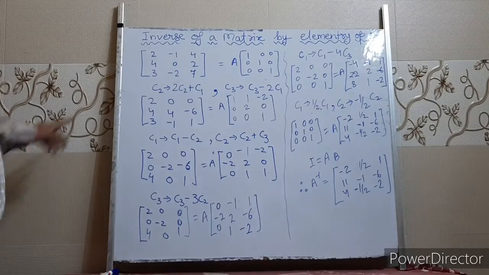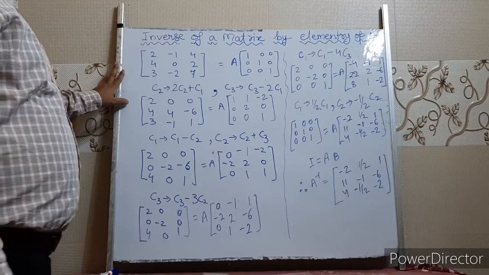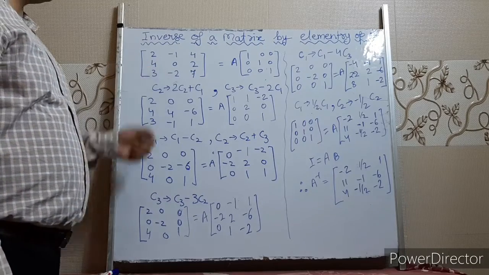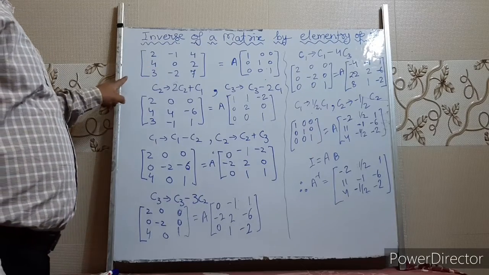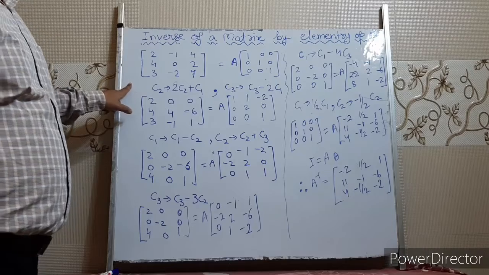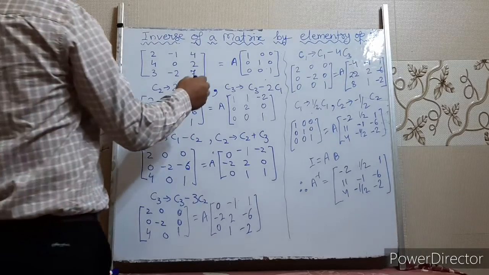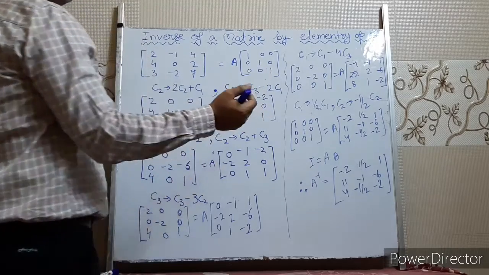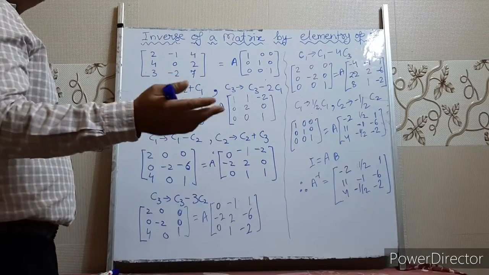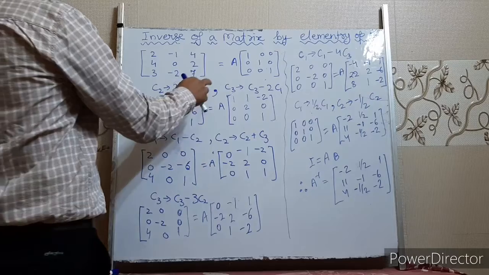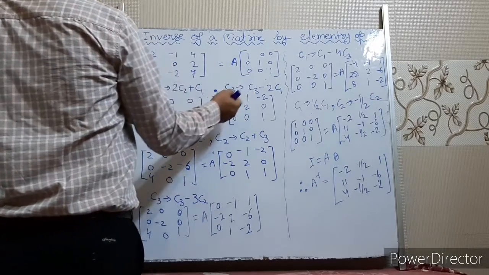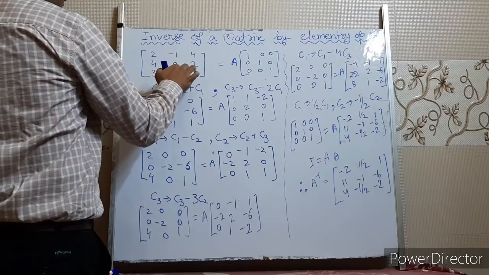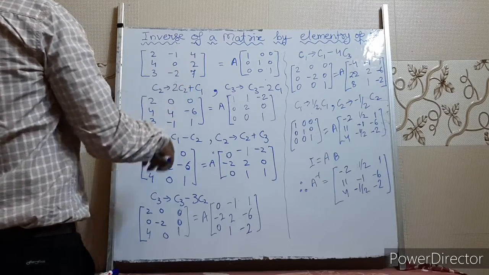Children, this next sum we are going to solve by applying elementary column operations. Suppose this is some matrix A and we have to find the inverse of A by elementary column operations. So what format are we going to apply? A equals AI, because for elementary column operations I told you to apply the format A equals AI. Okay. So we are going to make these elements 0, the upper triangle element 0.